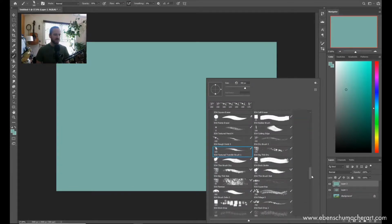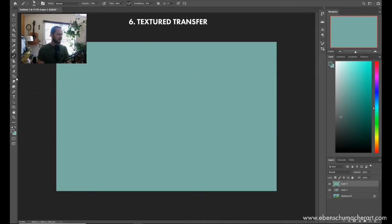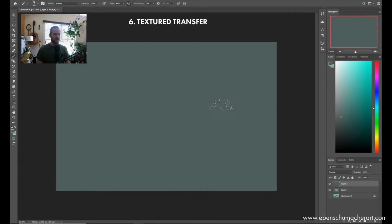And alright, let's move on to the textured transfer brush here. And so let's bring down our background color a bit here. This one I've created as an alternative to the dry brush. This doesn't have a lot of embedded texture, so you can actually create a very nice, soft, smooth effect with this. This is probably the closest thing I have to a lot of the conventional digital brushes that I've used in the past from other creators, because it does have that transfer setting on. It's pressure sensitive, so you can create some very light strokes with it, and it's not too grainy. It can be very smooth,